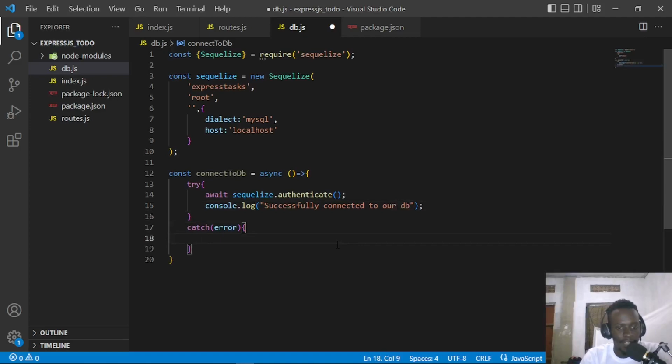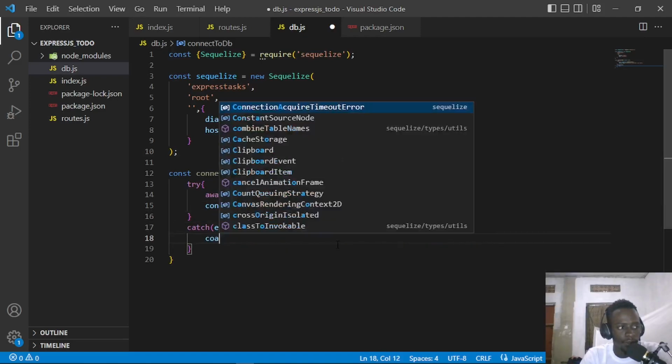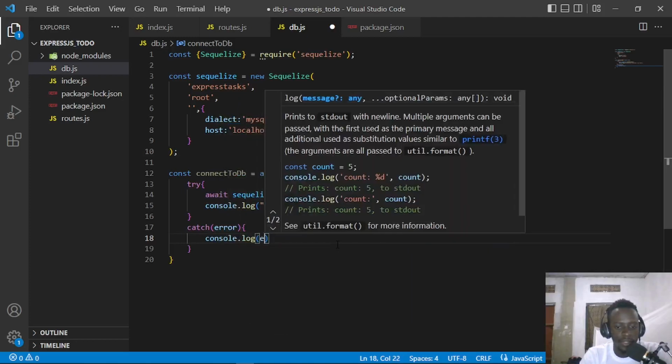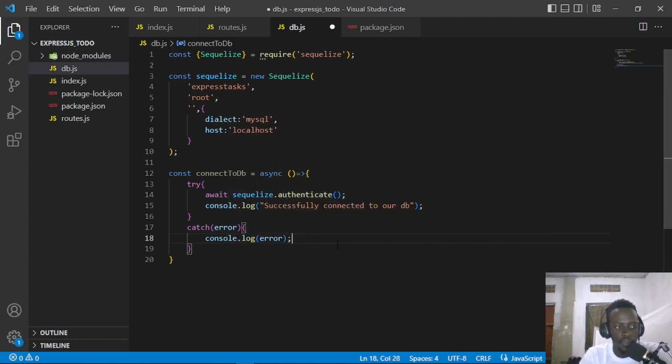So in case we have an error, we shall just console log that error. So I'll just come and say console.log, and then I specify that we're going to console log the error. So now that we've done this, let us go ahead and export these two things. We're going to export our Sequelize object because it will help us to create models. We're going to also export our connect to database